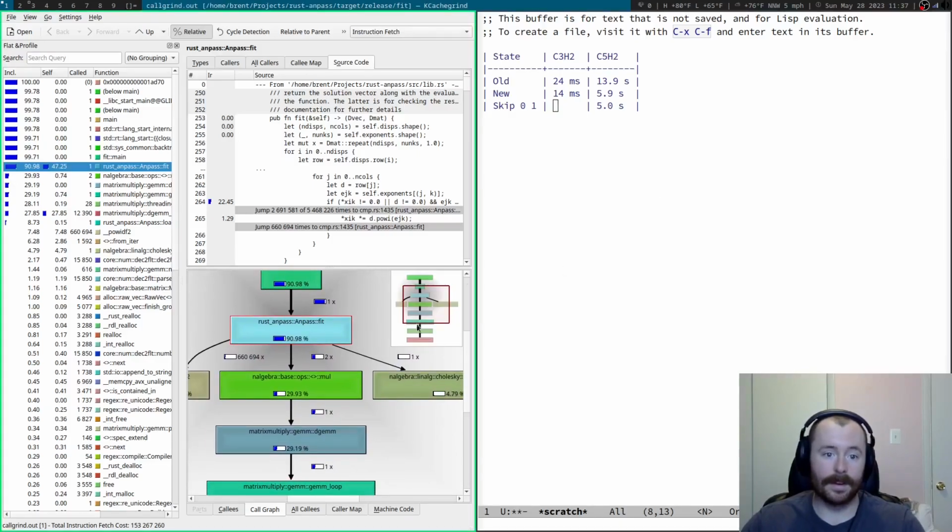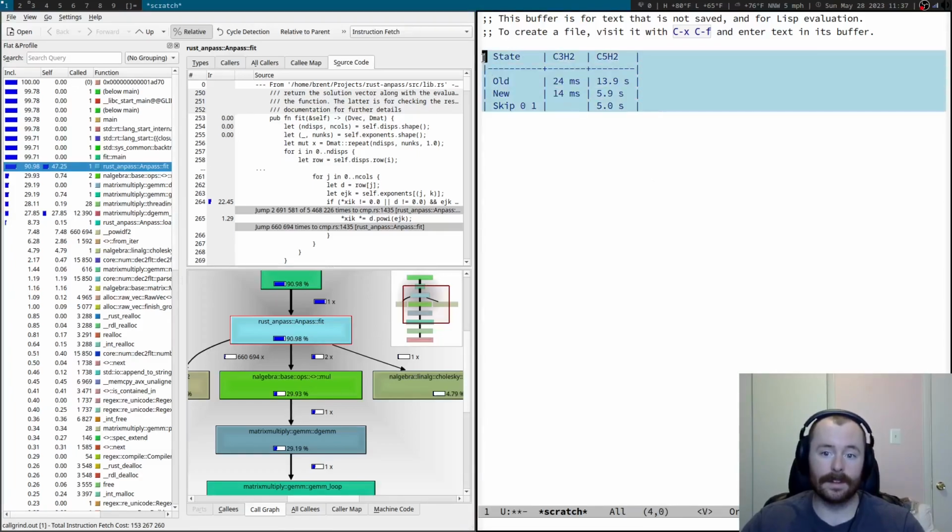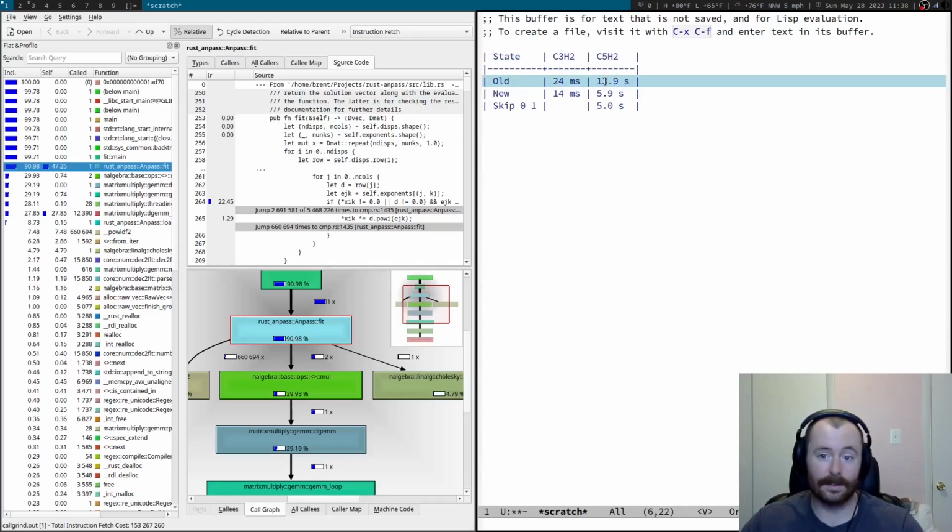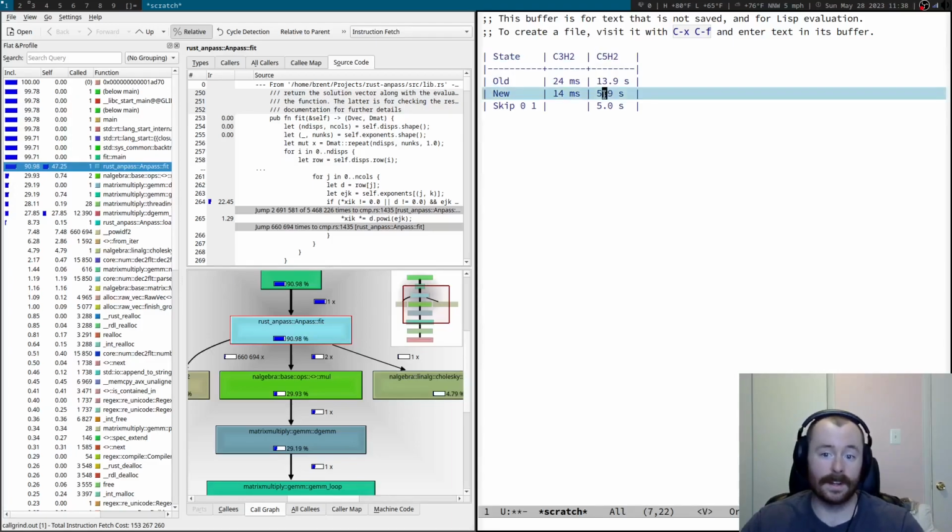Now, what I've pulled up here on the right while that was compiling is the little table. And I often do stuff like this when I'm benchmarking. You'll see I'm trying with both this C3H2 test case and the larger C5H2 test case. And as I mentioned, the original formulation took about 14 seconds on this one compared to 6 seconds on the